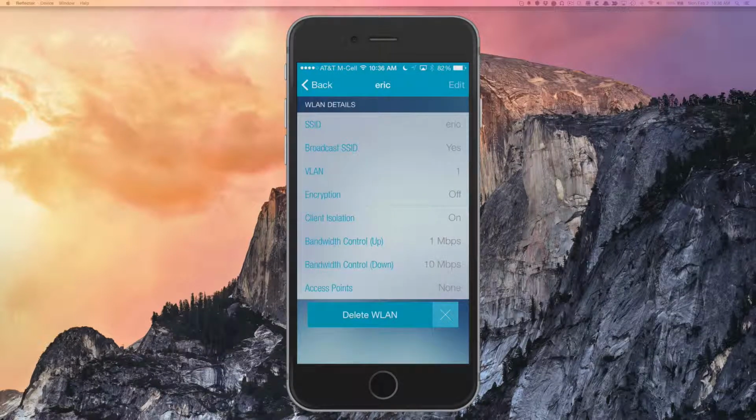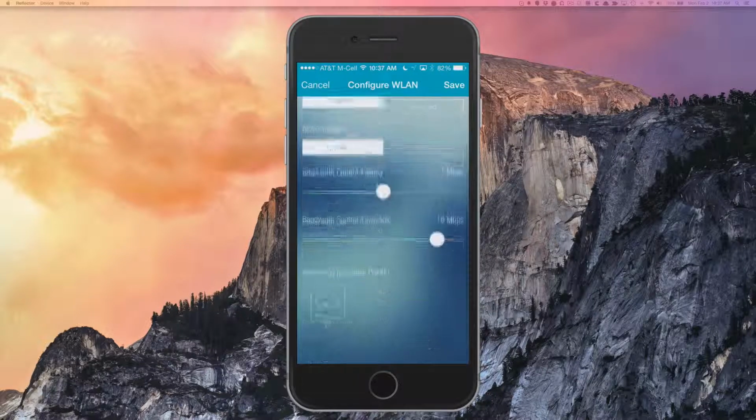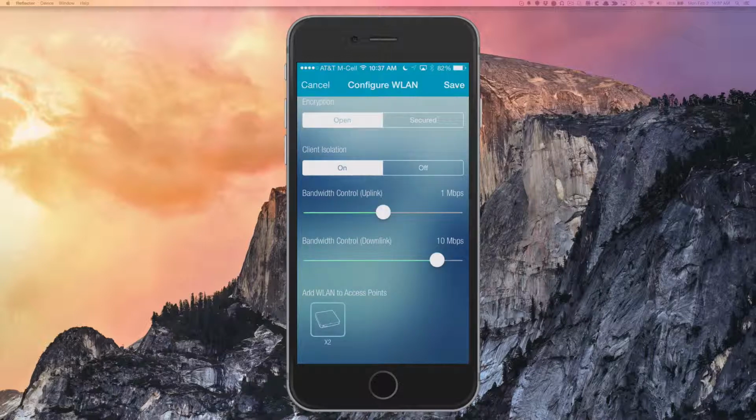You'll see I've got the generic details that are set up. This has not been deployed on an access point yet, so we're going to go ahead and do that by clicking on the edit. Scrolling down to the bottom, you'll see our only configured AP is our XI2, or one I've named X2. So if I were to click on this X2 at the bottom now, and it's kind